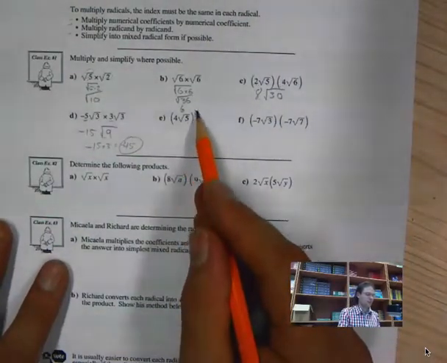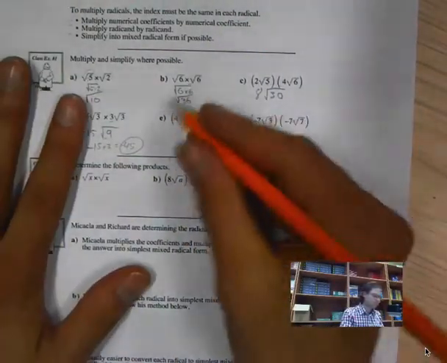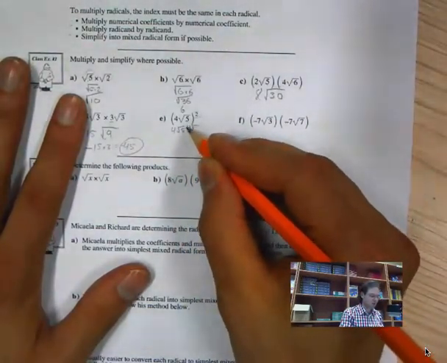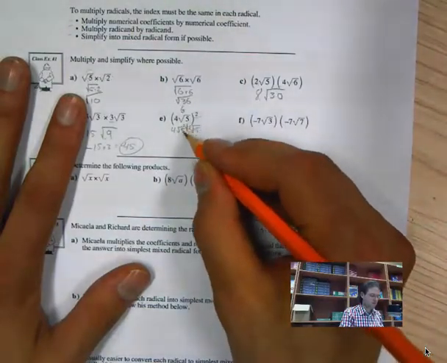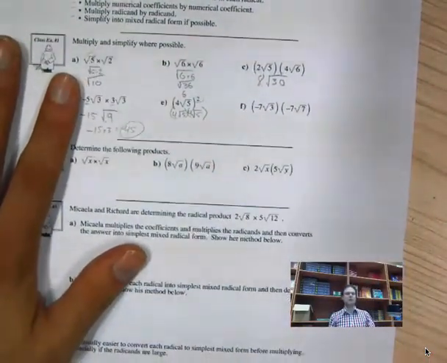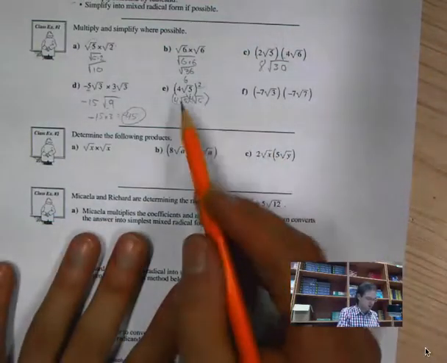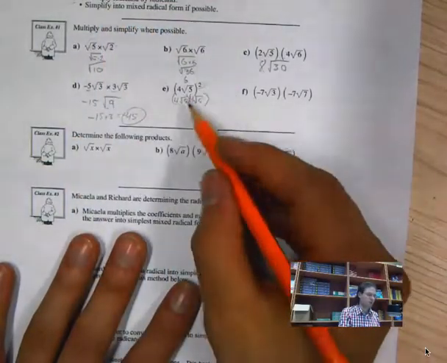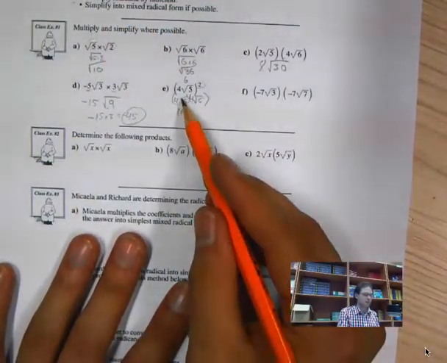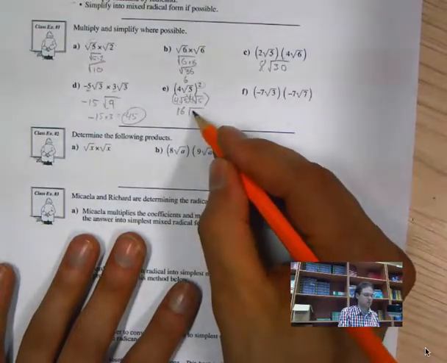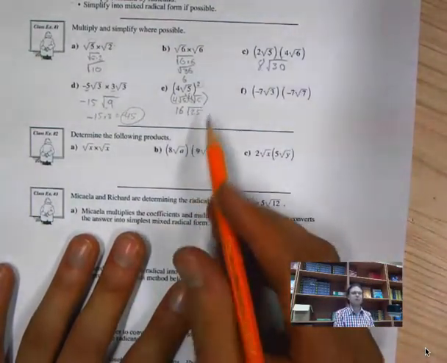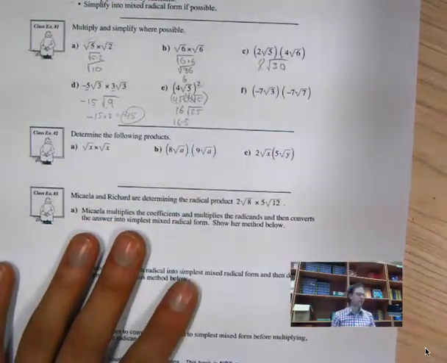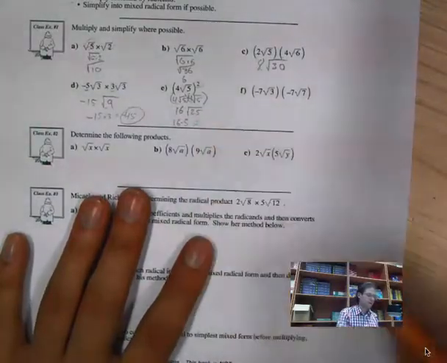This is saying, if I square this, what is that saying? Multiplied by 4 square root 5. Okay? So that's what that one there is saying. So how do I solve this? I go 4 multiplied by 4. First we do our numerical coefficients, which will give me 16. Then I go square root 5 multiplied by square root 5, which is square root 25. Well, what is the square root of 25? I can simplify, that's just 5. So it's 16 multiplied by 5. Okay? Which will end up giving me